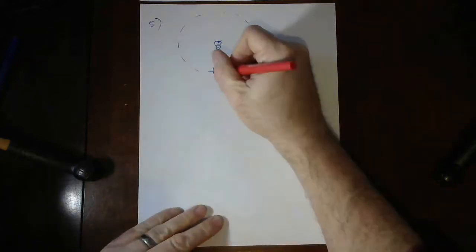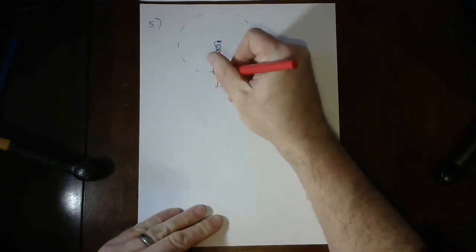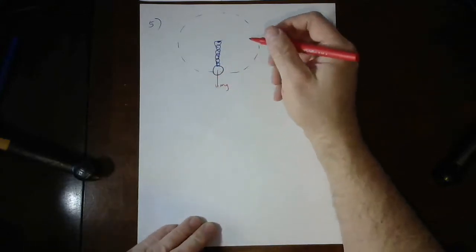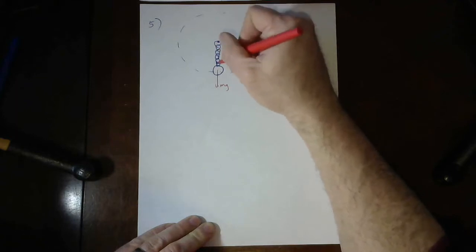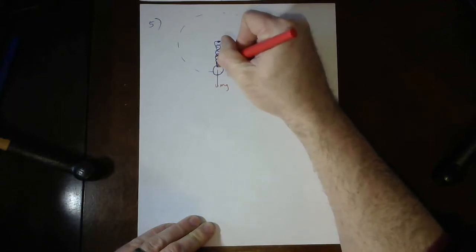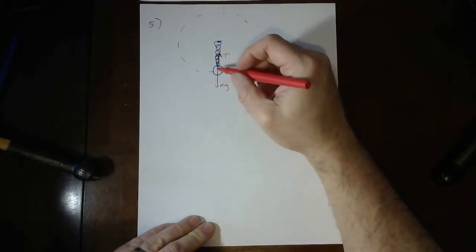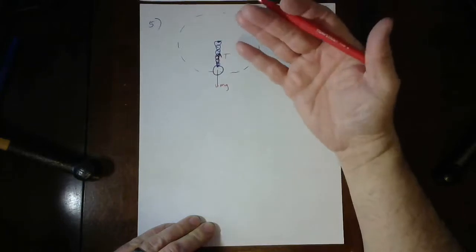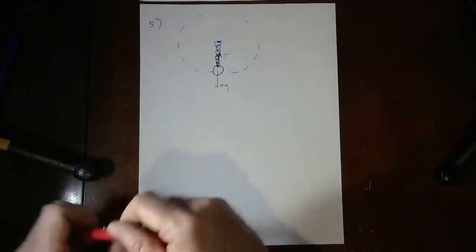So we'll say ranged forces. There's a gravitational force going from the center of the object straight toward the center of the Earth. Contact forces: the only thing touching the sphere is the chain, which is being stressed. So there's a tension force going upward on that chain, and there's nothing else touching the sphere, so that's it. That is my force diagram, just tension going up and gravity going down. My coordinate axes,